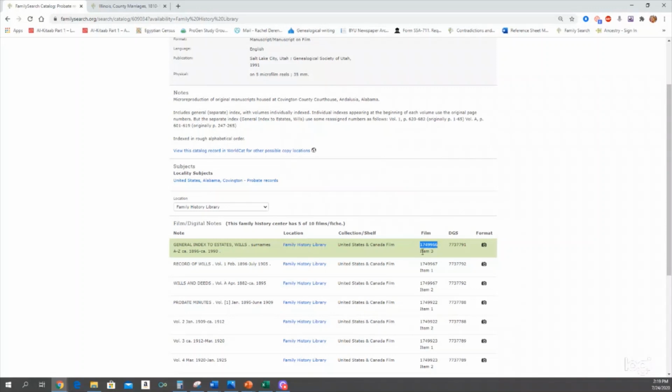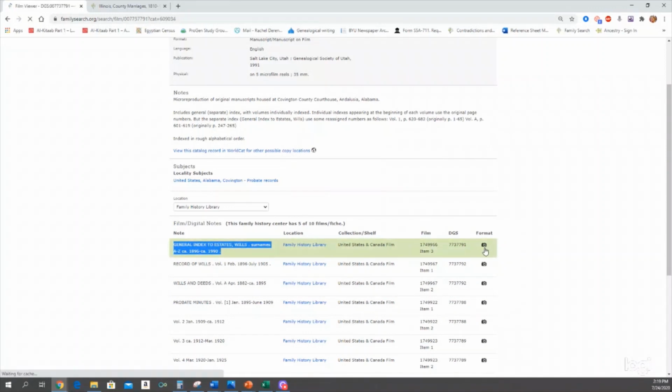And then this is really important, the item number. I can't tell you how often, and still sometimes I do it, I'll look and say, oh yeah, I want the index. I'm going in without making sure I check to see if there was a section number, because some of these microfilm have a lot of images. So if you don't know what section you're going to, you'll be in for a world of hurt and frustration. And then you'll come back and you'll be like, oh, of course, there was an item number. So make sure that you double check what item number this specific information is on.